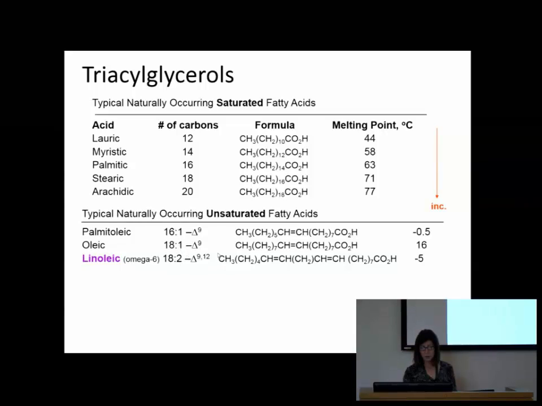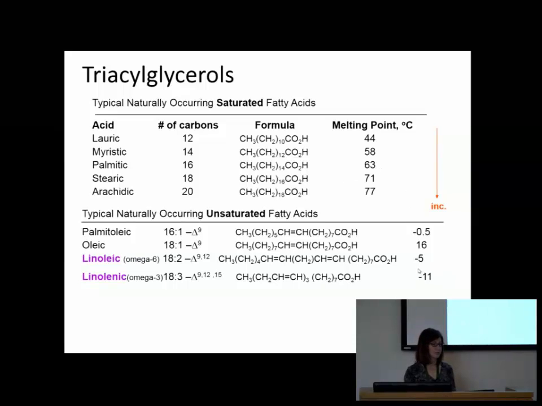It's going to decrease it. It's also omega-6. Omega-3, oh, look at that. Omega-3. I don't know why this is called omega-6. I'm not quite sure. But this is omega-3. It has 3 double bonds. It lowers it even more, not as strikingly as going from saturated to unsaturated, right? But it does have an effect. The more double bonds you have, the lower the melting point.